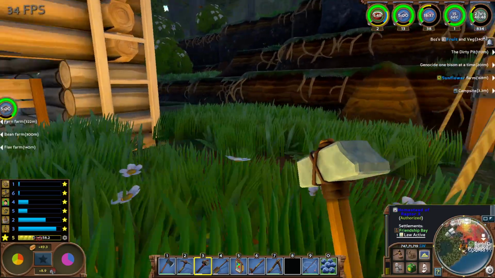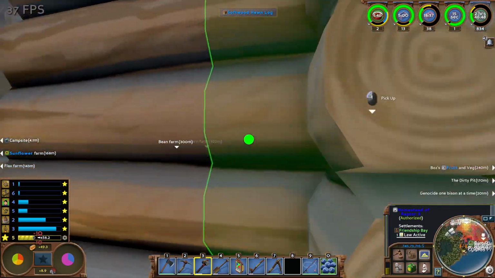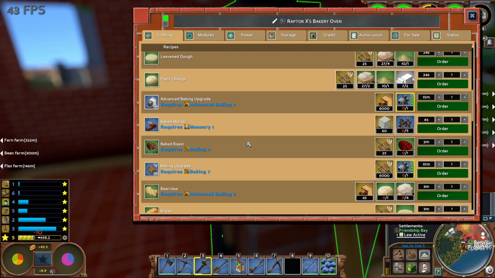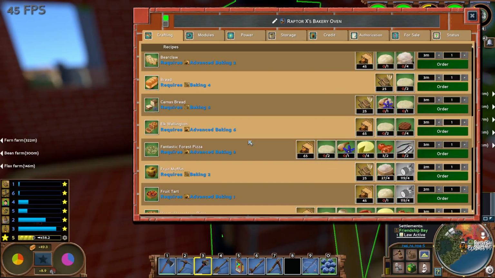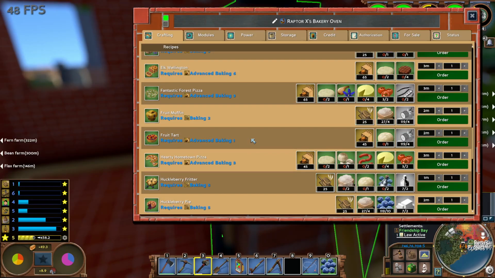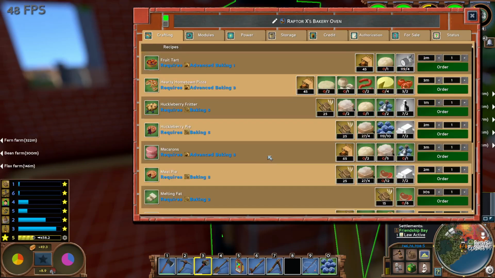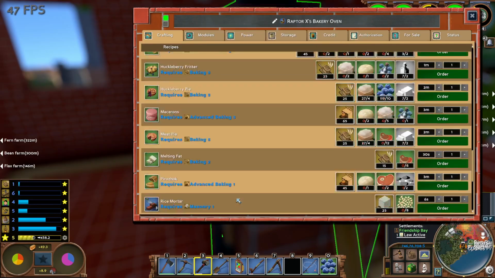I thought there was a huckleberry pie. Air claw, fruit, huckleberry fritter, huckleberry pie. There we go, baking 5. Alright, so that's a little ways away still, unfortunately, because those are quite good. Melting fat,